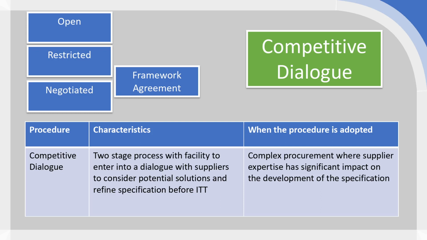So the first stage would be the same as ever. We want to whittle down and pre-qualify suppliers, eliminate potential suppliers which are not suitable, don't have capacity, don't have track record, or anything else which is unsuitable. And then we move on to the second stage, where we actually have a direct dialogue with suppliers, leading to a refined specification, invitation to tender, and then receiving the tenders and selecting a supplier from amongst those that have